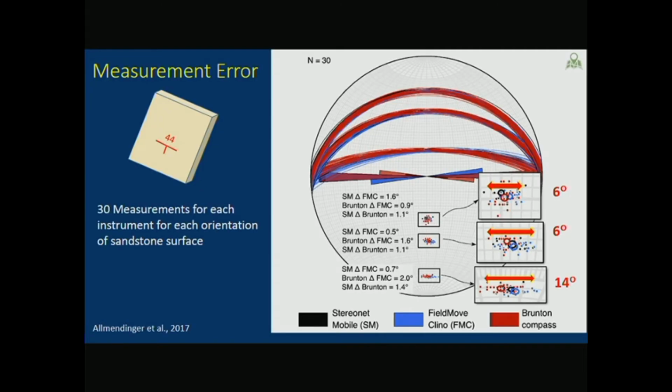This is some work that was published last year, where somebody took a slab of sandstone and took 30 measurements of the sandstone with the same compass, and then changed compass, took 30 more measurements, changed compass, took 30 more measurements, and plotted them up on a stereo net. So they plot up here. And you can see this is essentially just measurement error. Even if you measure the same thing 30 times, you're getting a